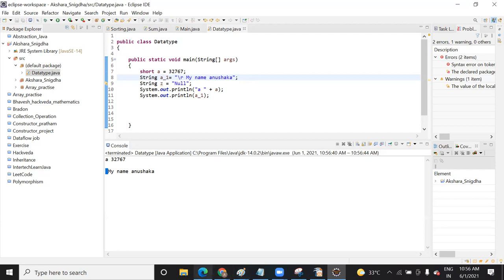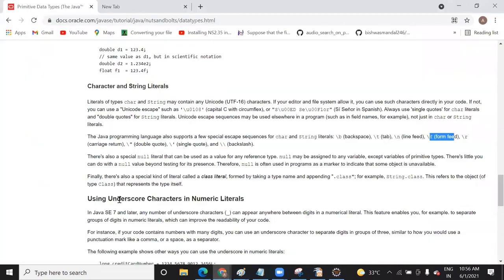There are some more escape characters: double quote, single quote, backslash.